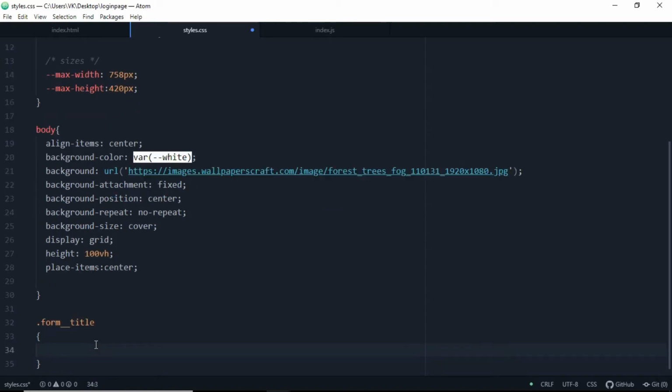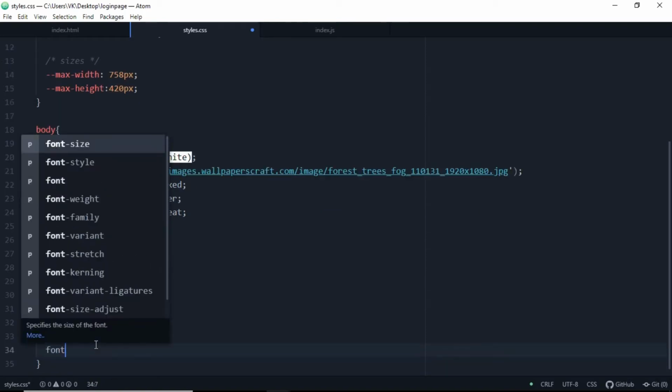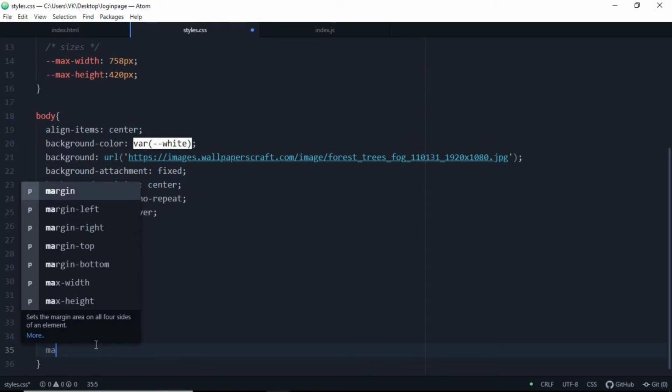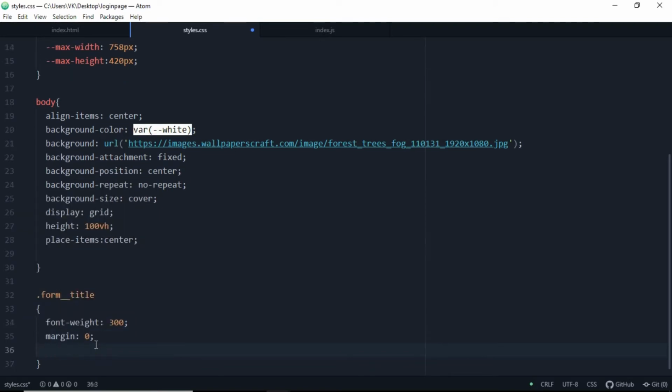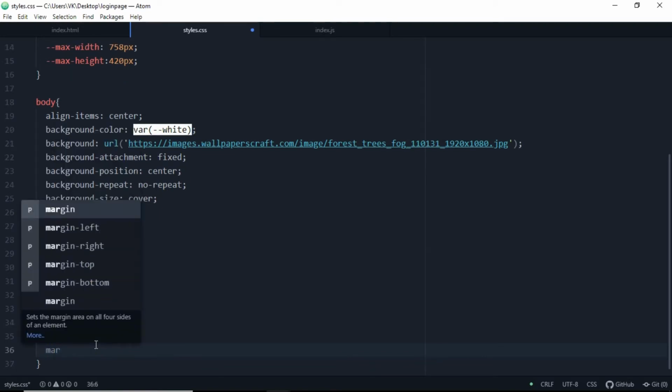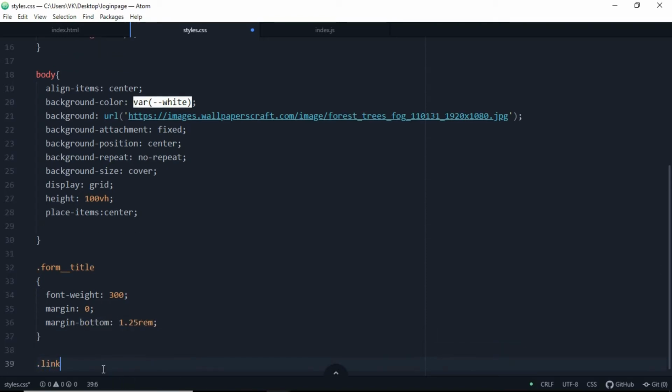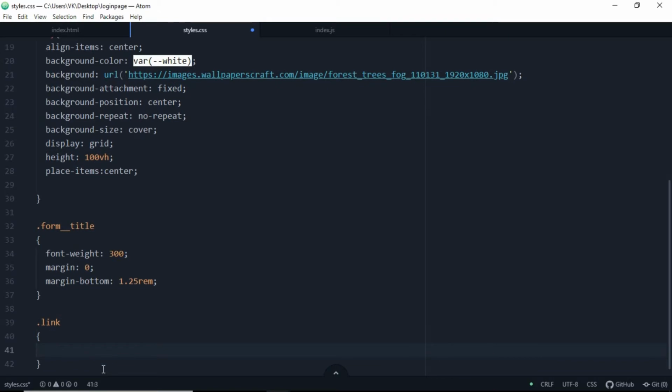So in form underscore title, we are going to add font weight, which will be 300, and margin will be 0. Margin bottom will be 1.25 rem. We are dealing with rem because we want our sign-up form to be responsive, and we are using the length unit here.